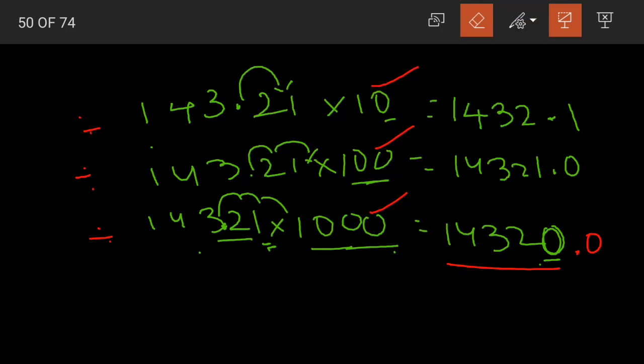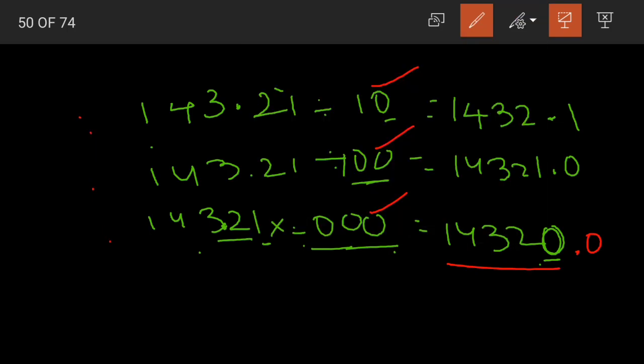In multiplication, let me erase this here. I'll keep the division symbols, removing the arrows. Yes, so in multiplication, what did we do? We moved the decimal point to the right side. Depending on the number of digits, we moved it so many places to the right. But while dividing, here, 143.21 divided by 10. 10 has 1 zero. So when we are dividing, we should move the decimal point 1 digit to the left.